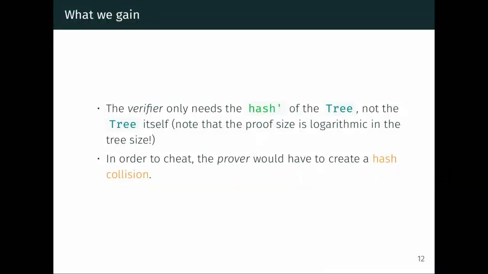And you could prove, or you can think about it and see that that's correct, that if the prover wanted to cheat, so give a wrong answer and a wrong proof, then it would construct a hash collision. So if there is a situation where the verifier answers true, even though the answer was false, then you can use that situation to construct a hash collision for this hash algorithm. And then you can publish a paper and be famous. So we believe that won't happen. Okay, so that's nice,